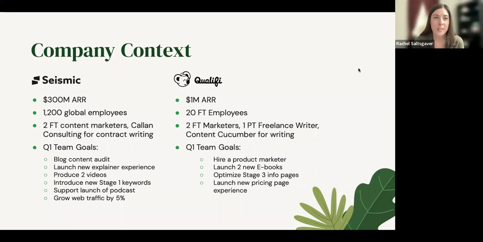Hi, everyone. My name is Rachel Saltzgaver. I am based out of Indianapolis, Indiana. I am with a company called Seismic. We are the global leader in enablement, and we help organizations engage with their customers, enable their frontline teammates, and ignite revenue growth. We were founded back in 2010, and we are currently around an ARR of 300 million. And we have more than 1,200 full-time employees across the globe. So really grown. We're in a pretty saturated and competitive market, but we have a good brand in the enablement